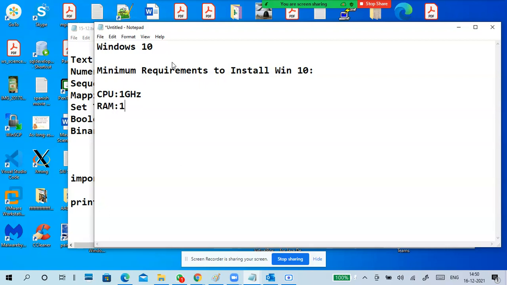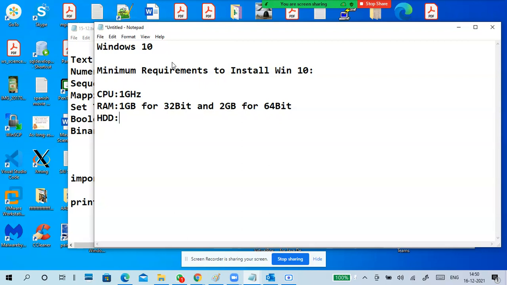RAM: 1 GB for 32-bit and 2 GB for 64-bit OS. Next, hard disk. These are common for any operating system. You take Windows 10 or maybe a server, or you may take Linux. The common thing is the minimum requirement to install.